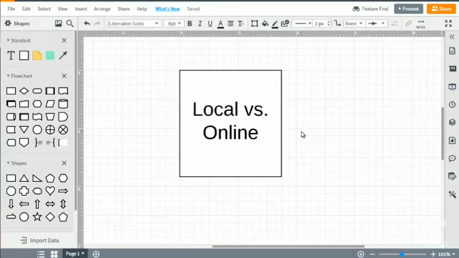So when it comes to local versus online, what I mean by that is if you are, let's say, a plumber and you're trying to get leads to your plumbing company or your accounting company or your massage therapy company, if you're local, it's a lot easier because all you have to do is simply target a specific radius, zip code, and go at it. You don't really need to do a ton of market research and all that. Now, you do need to get an idea of who you're targeting, but it's a lot easier than online.